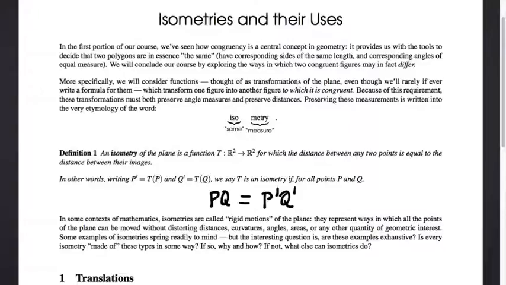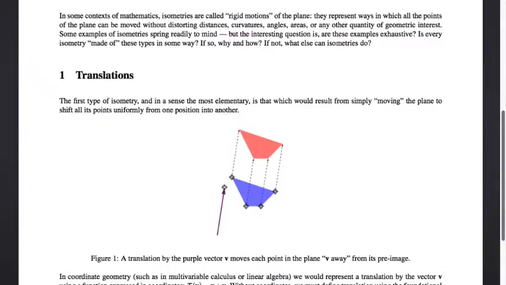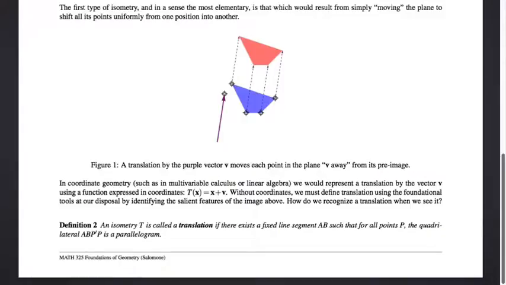with the other members of your team to come up with a proof for why each of these examples does in fact qualify as an isometry according to the definition of isometry. The first example are translations. So in a translation,